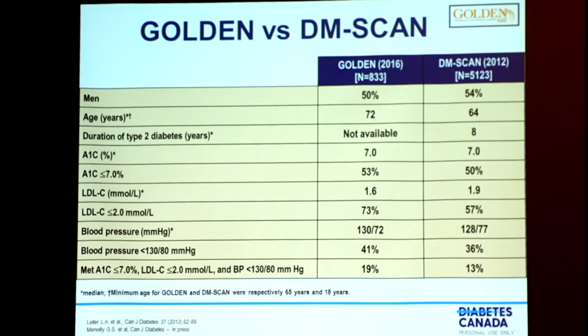The average LDL was 1.6. 73% had an LDL less than 2. Blood pressure average was 130 over 72. 41% had a blood pressure less than 130 over 80. And those meeting the A1C target, LDL target, and blood pressure target, there was still 20% of these seniors who would do so. Now, you can see that actually these older patients are doing better than the younger